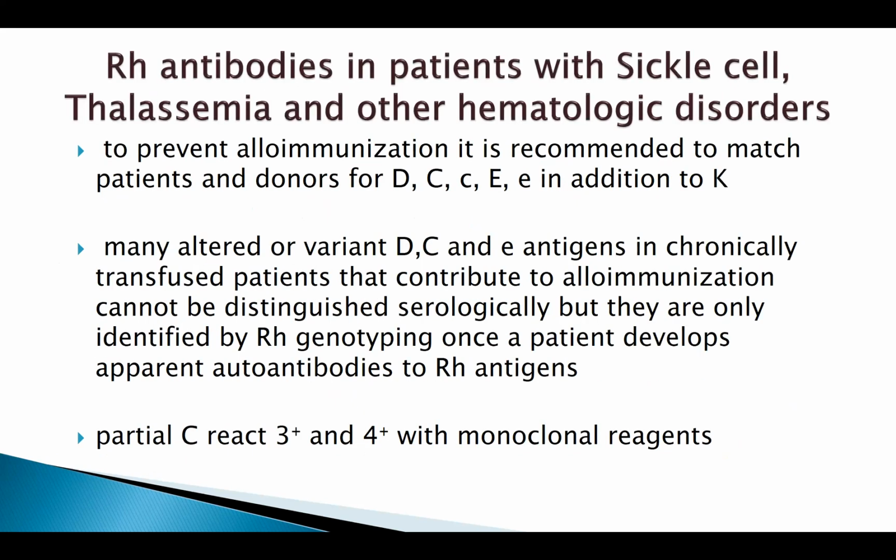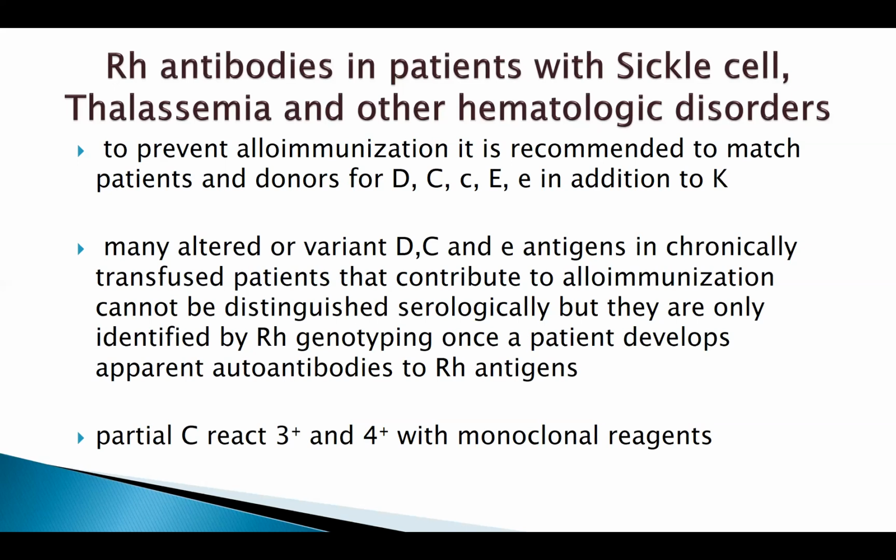It is recommended for sickle cell, thalassemia, and other hematological disorders patients to provide antigen match, complete Rh antigen match, in addition to Kell negative. So big C, little c, big E, and little e RBCs should be provided for the patient to prevent alloimmunization. Many altered or variant D, C, and little e antigens can be seen in chronically transfused patients, but they